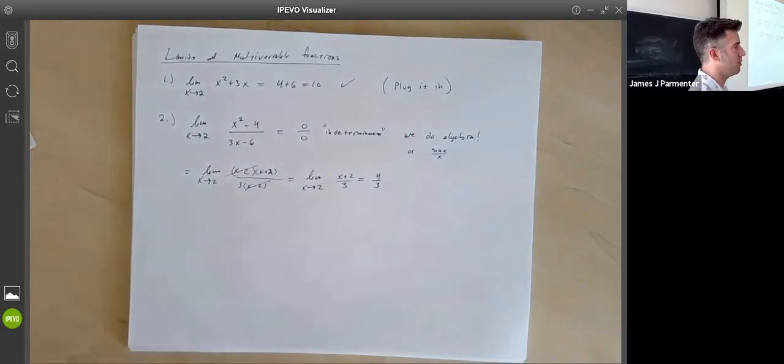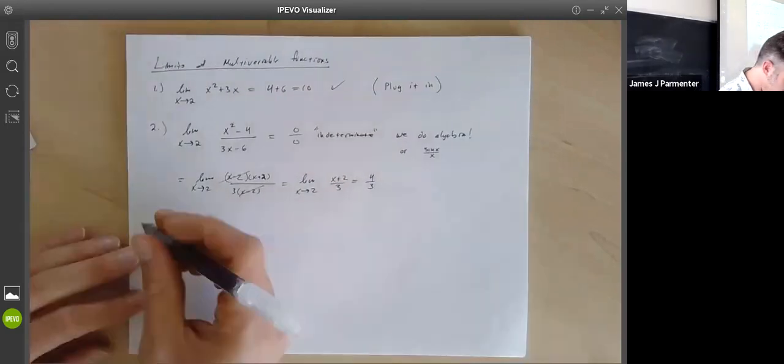If you got a 0 over 0 type, it's going to require some sort of manipulation or maybe something else that's going to be kind of new for multivariable functions. And then thirdly,